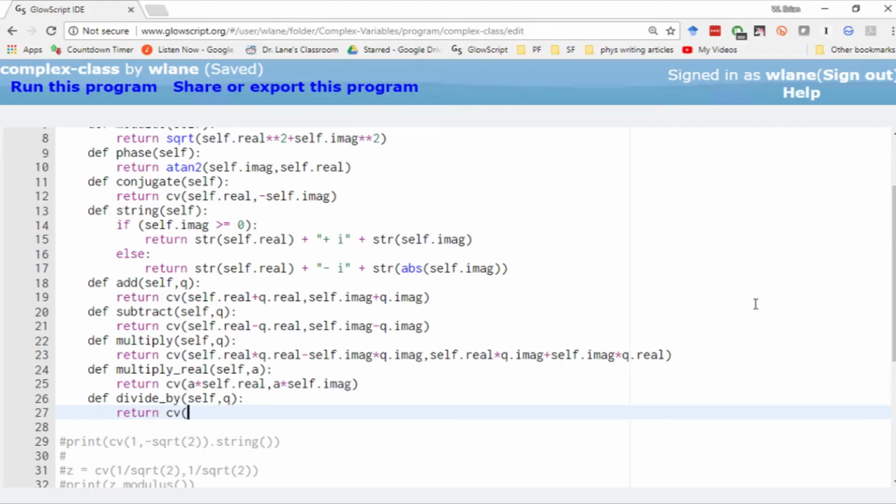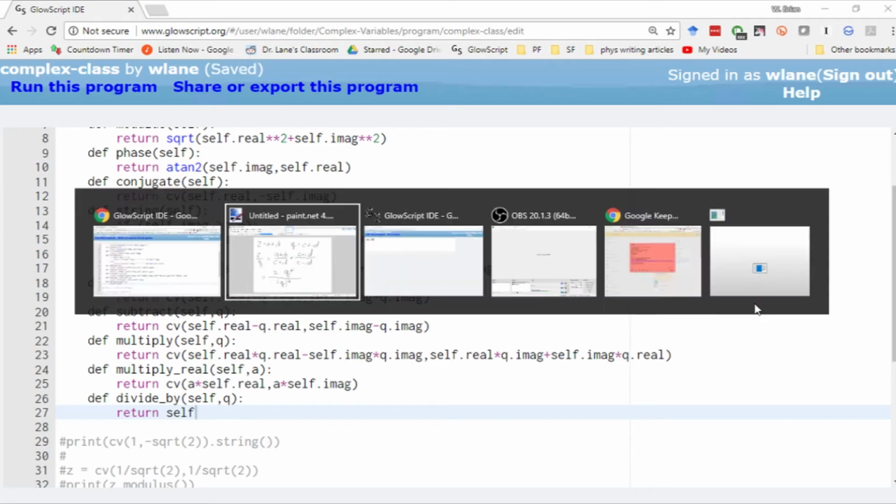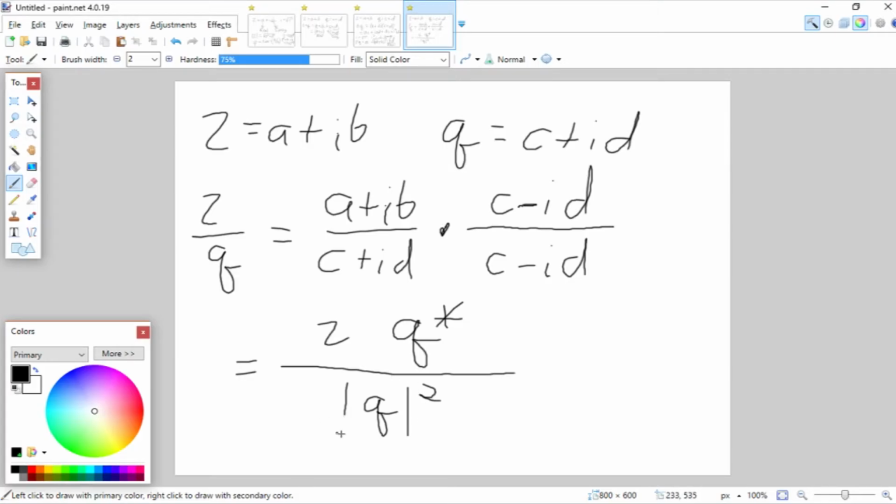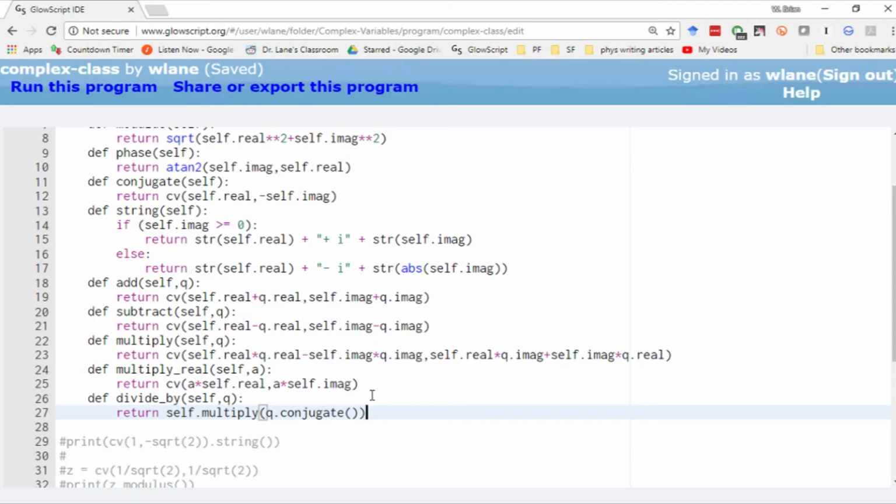So all I have to do is say return the original value self multiplied by q star. So we're going to multiply by q, self.multiply by q.conjugate. So this gives me the numerator. I've got the original complex number, self, multiplying by q's complex conjugate. And then all I have to do is divide by q's modulus squared. So I can divide by, oh dear, I need to,